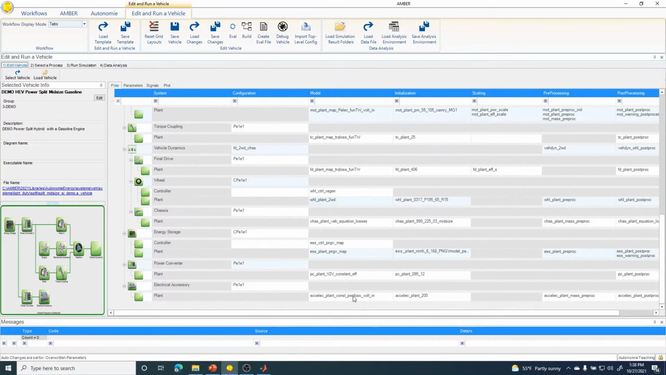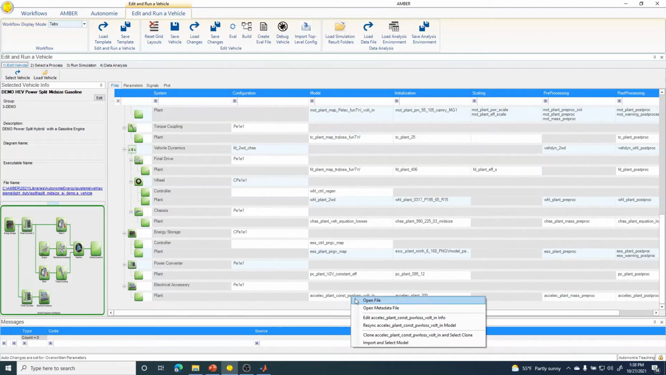So what we'll do is we'll go to the electrical accessories and we'll go to the plant. And we will clone the plant. So the electrical accessories has a Simulink model, and there's a corresponding file that's used by the user interface called a metadata file that has additional information about the SLX file. So I can open up the